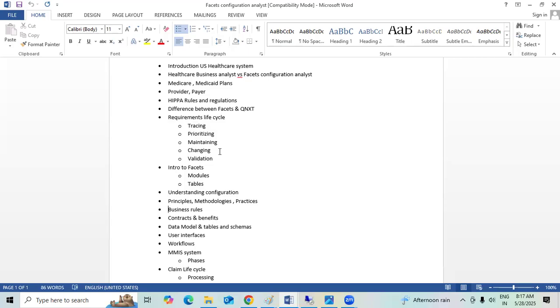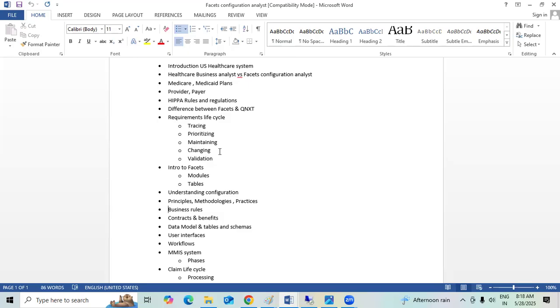Next one about the business rules. This is where, generally in administration, you will be learning, because with business rules we have, at the same time, some underwriting rules. We may be having some exposure rules. At the same time, there are some patterns that we create. Okay, so business rules understanding is also always needed because as a configuration analyst, our focus is more on the